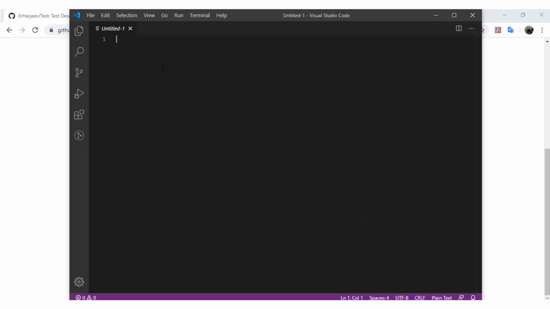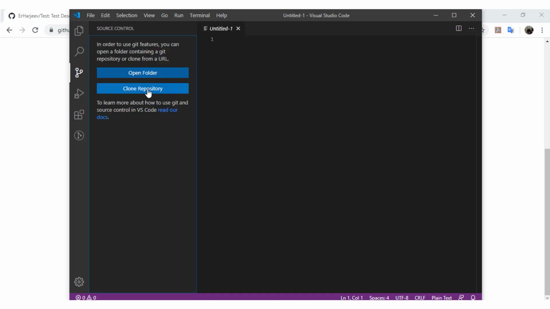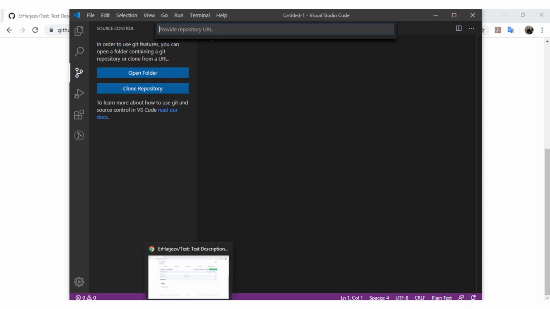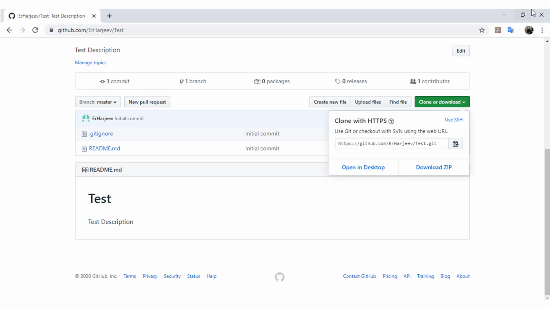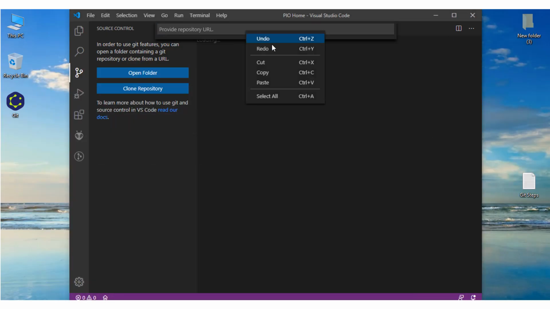This is my new window, and in source control, clone repository. I will get a download link. This is my download link. I'll paste it